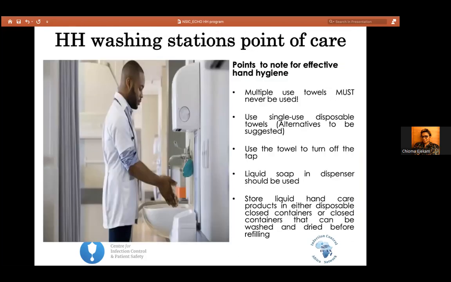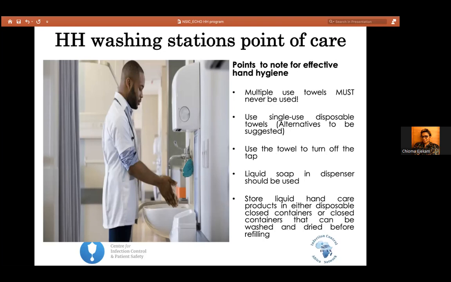Then at this point, beyond alcohol-based hand rub, the hand washing station. It is important to know that multiple use towels are not recommended. You have to have single disposable towels. There are alternatives that have been suggested. People have had different innovative ways. By the way, in IPC, particularly being a member of our team here, innovation is key, okay?